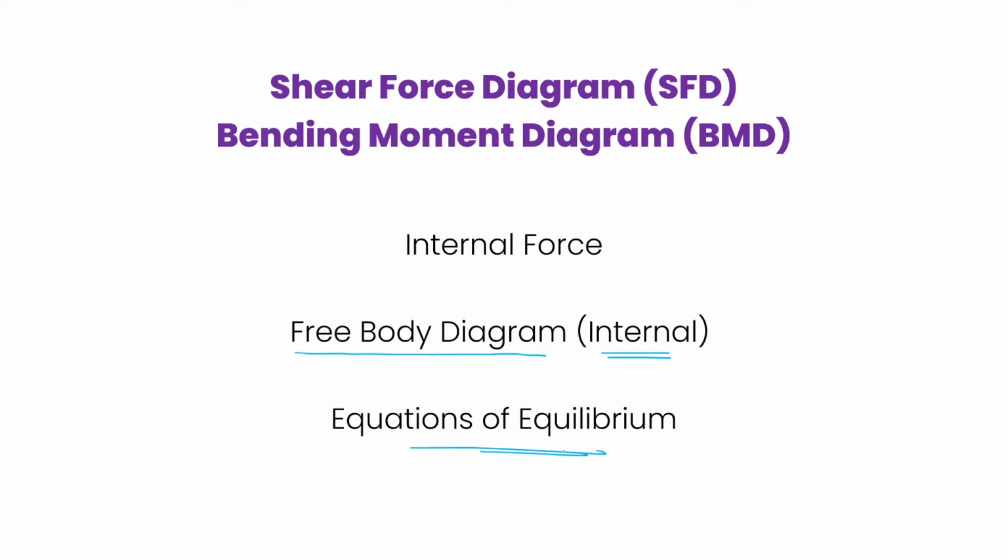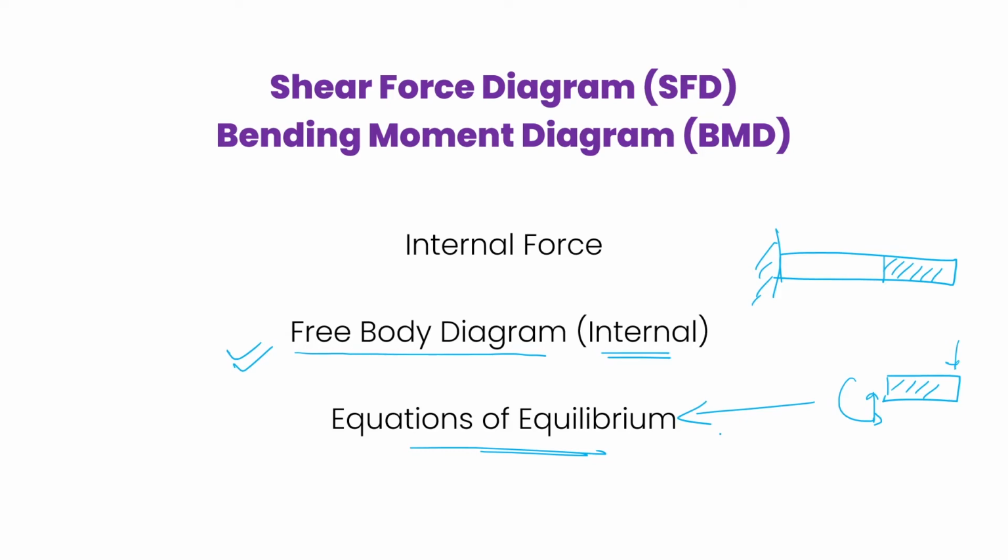Again, we'll be using the equations of equilibrium, because if I have a beam, for example, and say this was a cantilever beam, in the initial calculations we have seen that this body should not be moving up and down, or it should not be rotating. Similarly, any part of the body should also not be moving up and down and rotating. And hence, if I cut this section out, there will be some internal forces inside this and some external forces, whatever they are. Even though this is a cut portion and a free body diagram, this structure is also not moving, and hence it is also governed by the equations of equilibrium. So this is what we will do in most of the cases whenever we are trying to solve for any structure. So let's do that.